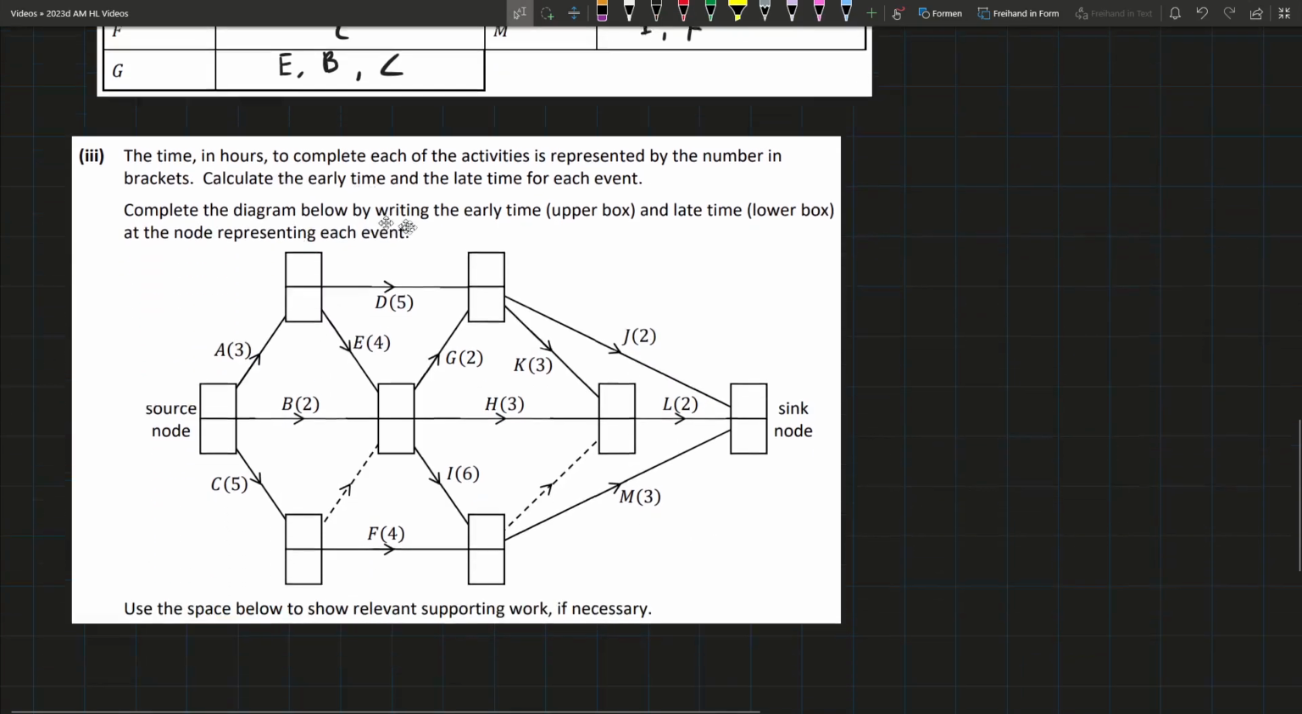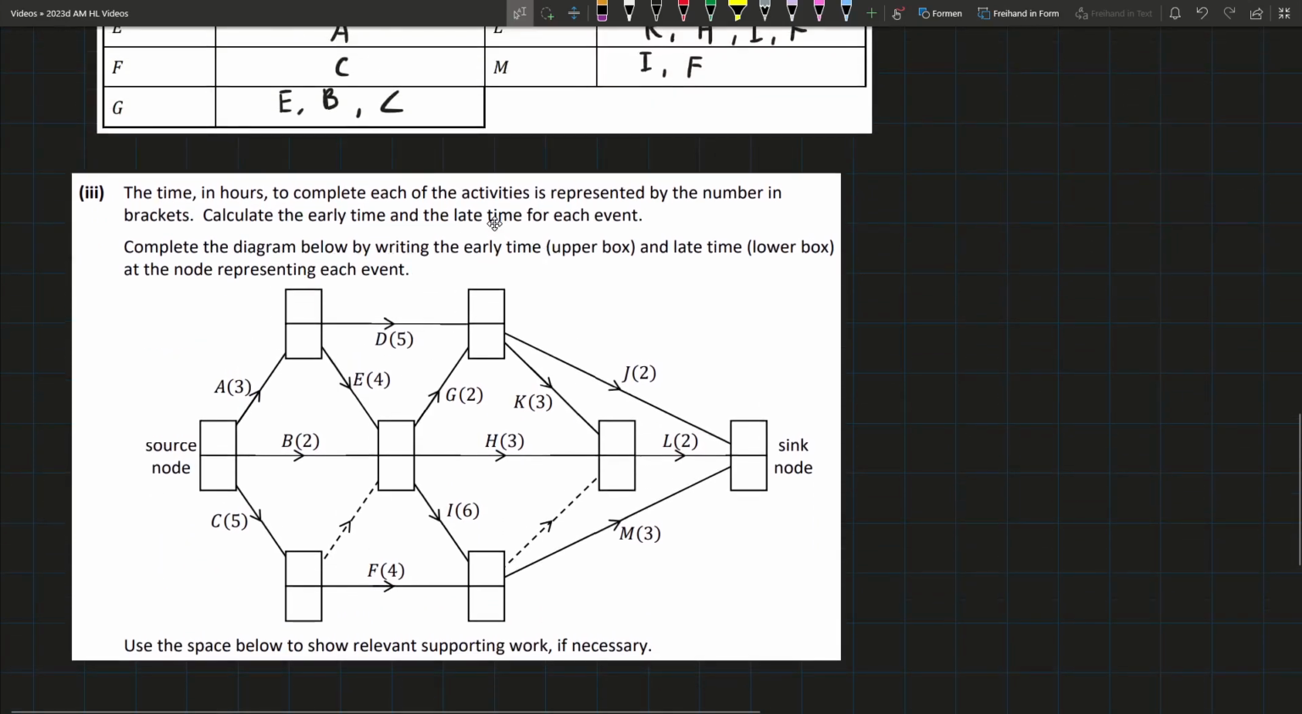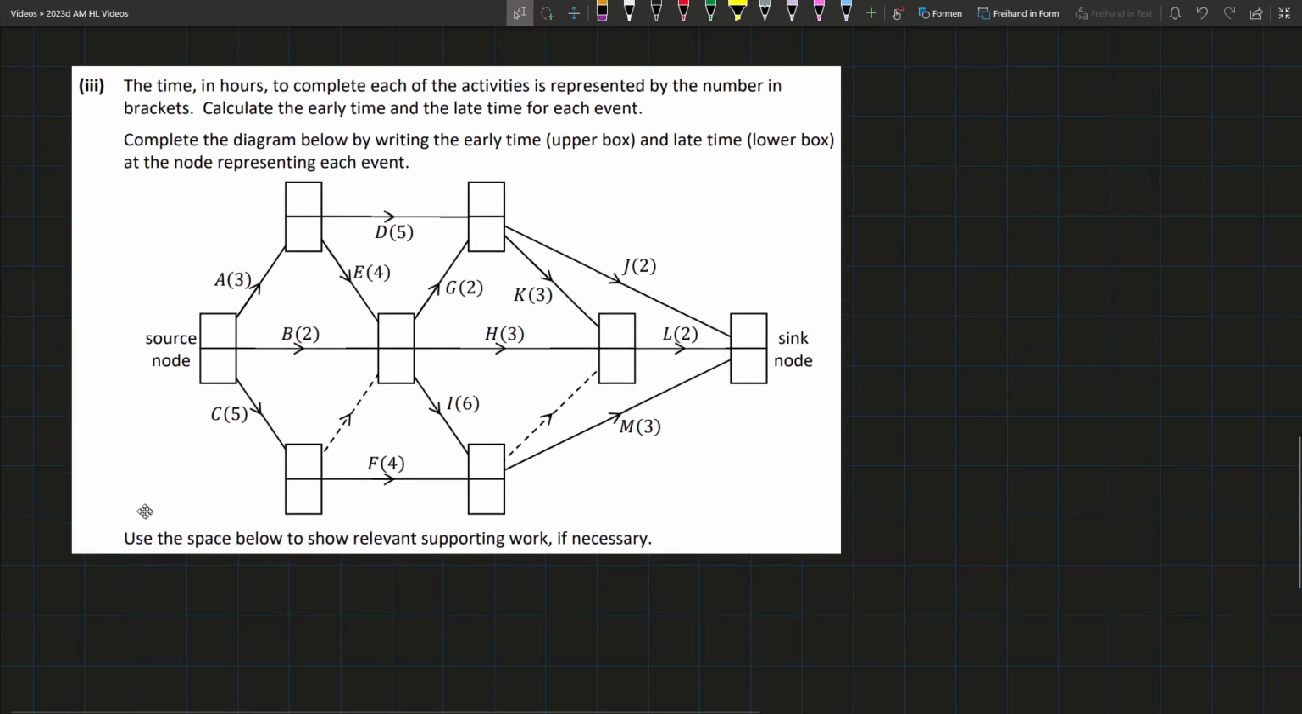Then we're told to complete basically the early and late times. So early time is going to be the upper box, late time is the lower box. And they give you work, but it says if necessary. It's not necessary for us. So basically, remember, the early time is the earliest point at which we could complete this activity, and